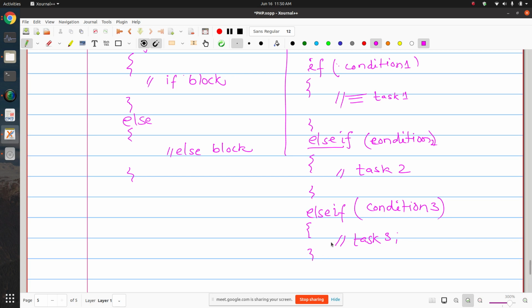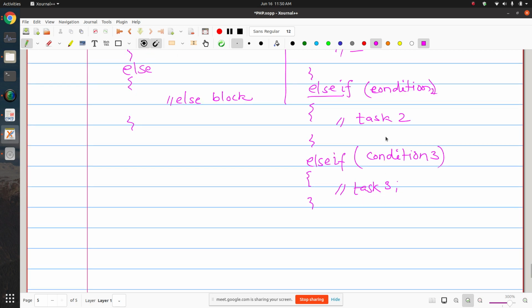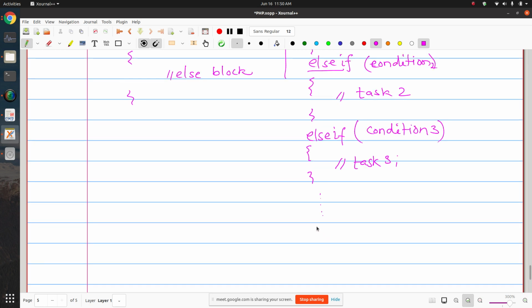If it also doesn't happen, that means this condition also doesn't become true, then you can have a lot of steps there. Then again you can have else if, then maybe condition, let's say m, and you need to do task m.